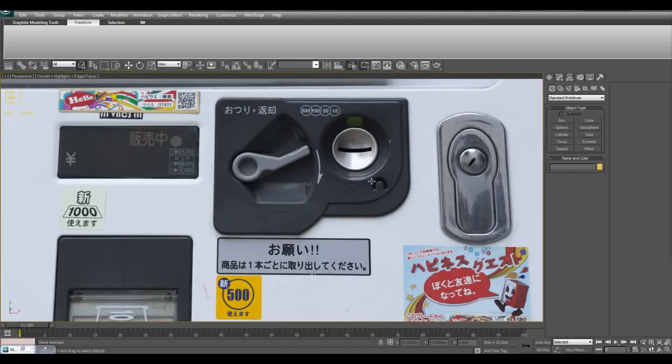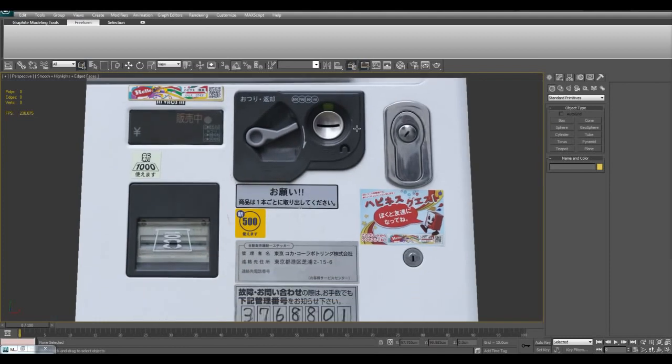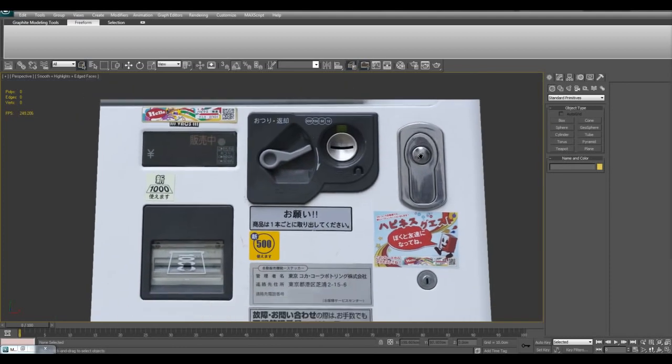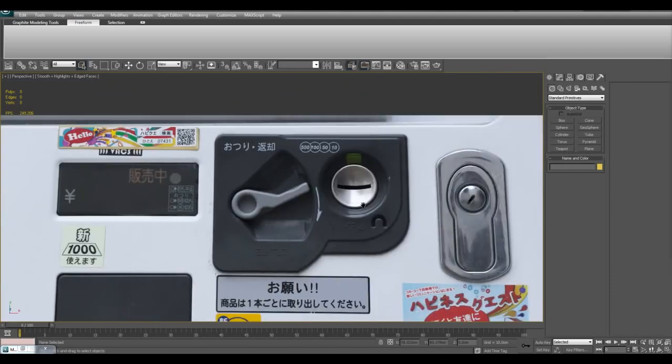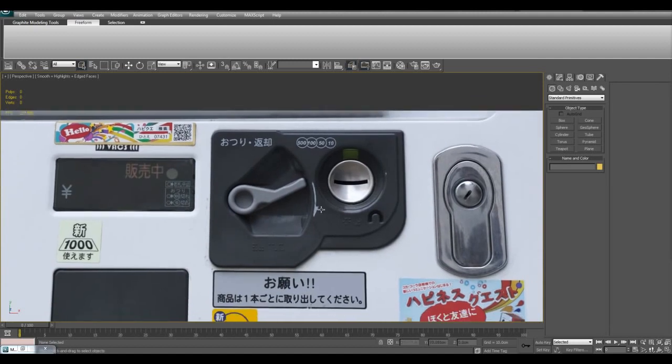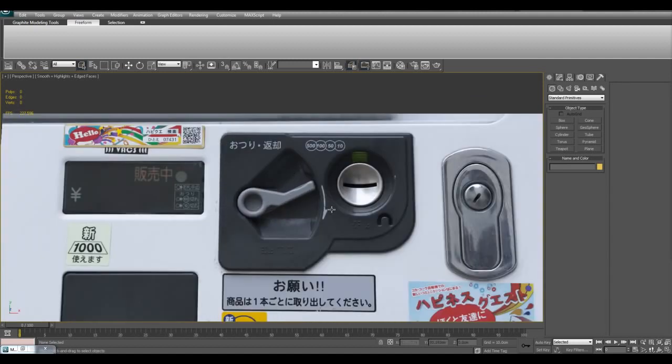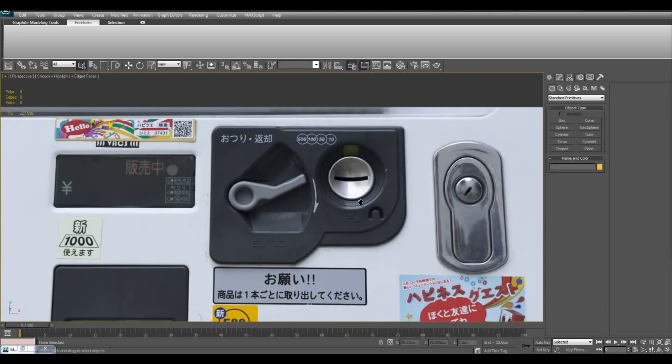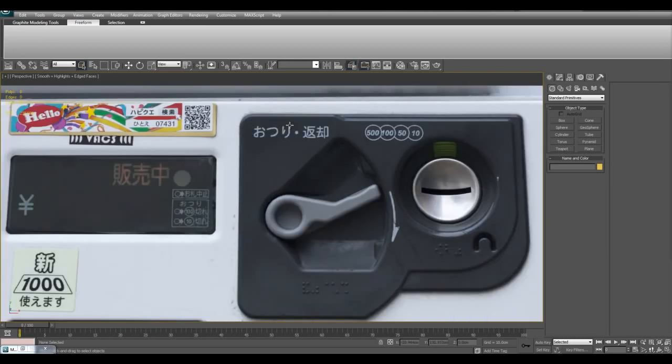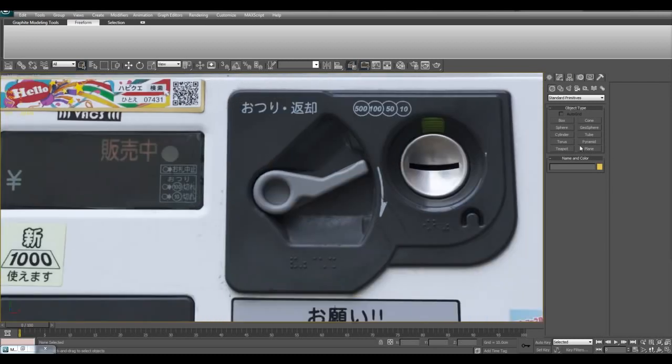In this video we'll model this piece right here, which is from the front of a vending machine, where you can insert money and maybe press this to get your fruit or drink or snack or whatever it is that's in the vending machine. So if you want to have these corners right here, one of the things you have to be careful for is